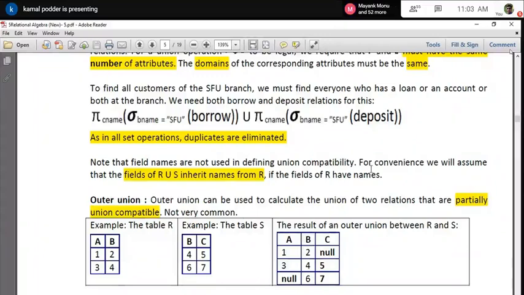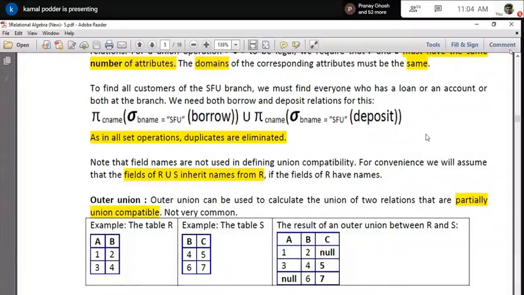Mind you, there are a lot of people who have both, so there might be a lot of duplicate records. One person can take a loan, so they will come into this relation as well as the other one.